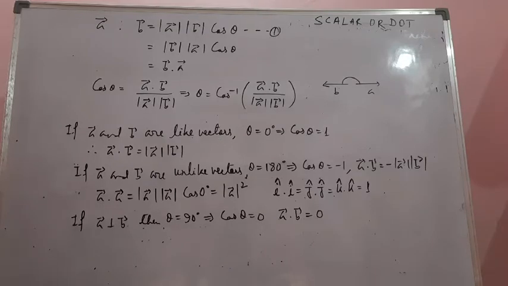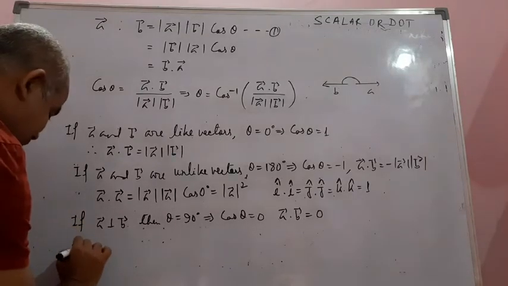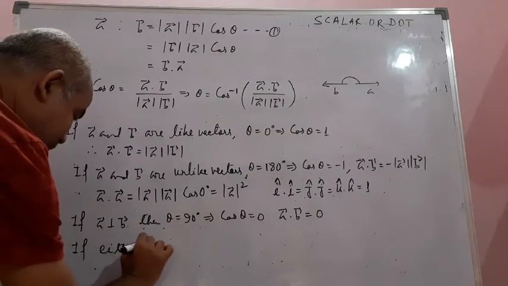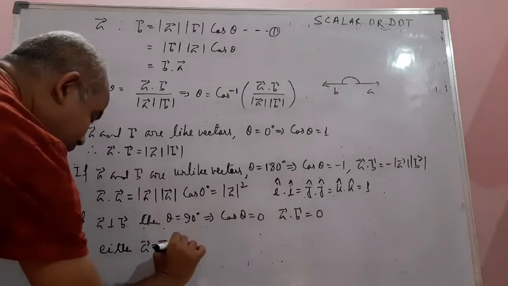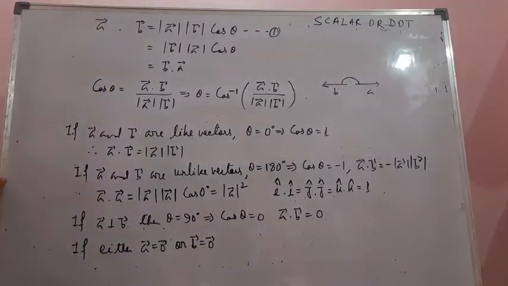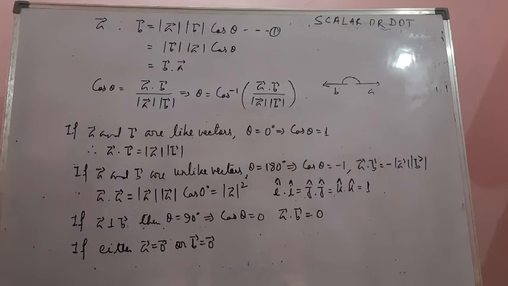Next thing is that if either vector a is a 0 vector or vector b is a 0 vector, means one of the two vectors is a 0 vector, then, since a 0 vector means its magnitude is 0,